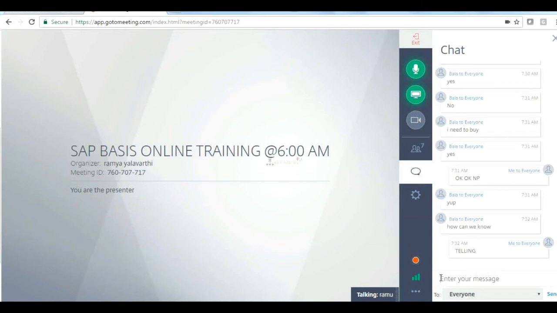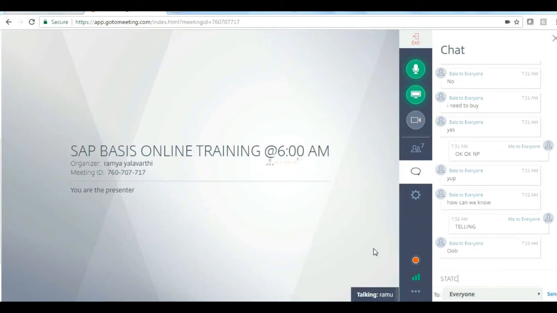And whenever you are changing your profile parameter, I said one pop-up message will come up, right? What is the pop-up message? If you do any changes, I have changed one profile, I have saved that profile. Whenever you save that profile, it will give you one pop-up message. That pop-up message will say, if this profile needs to take effect, then you need to take a SAP restart. So those profiles, we call static profiles.